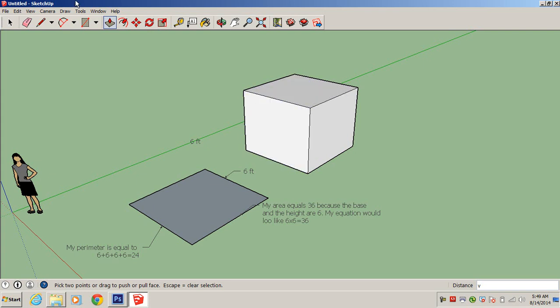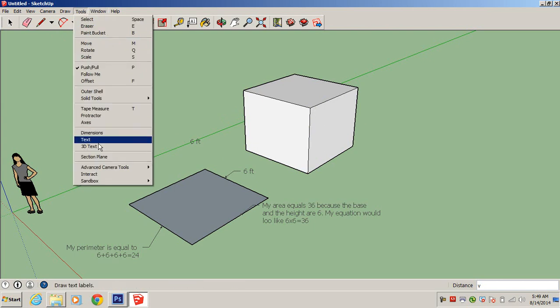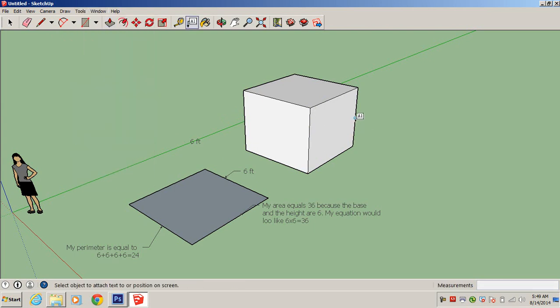So that's going to be 6 times 6 times 6. So let's see, my volume is, go to my tools, my text, volume. My volume is equal to 6 times 6 times 6, and that equals,